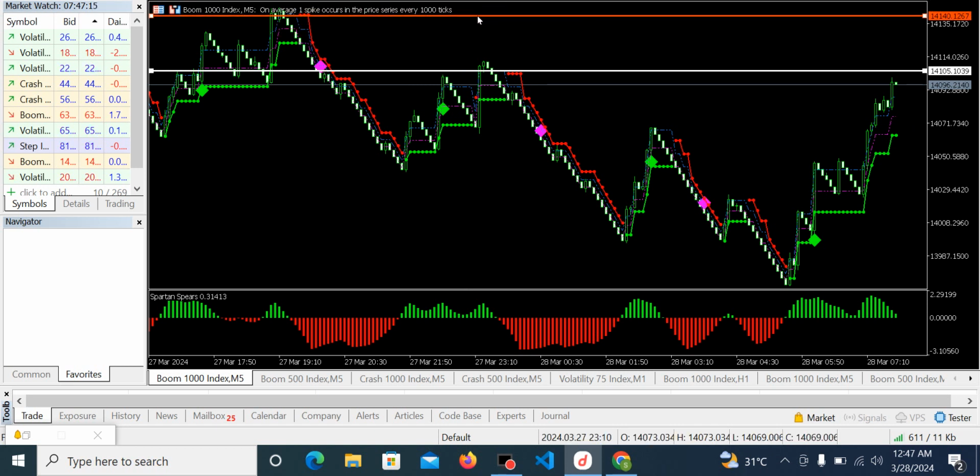Okay, so stop loss is meant to secure your capital. Okay, when you just place your order, it is meant to secure your capital at this point. So this has given us a sell order, and we are selling at the moment. We just placed an order, and of course